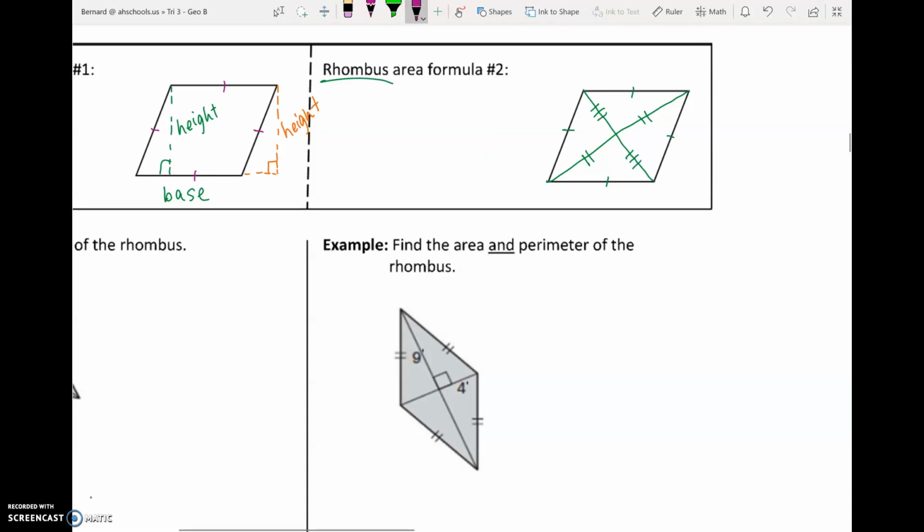But, and that's important, really the formula here is going to be this. Area equals diagonal 1 times diagonal 2 divided by 2. The full length of this diagonal we can consider diagonal 1, and the full length of the other one is diagonal 2. So not a little chunk, not half of the thing, the whole thing. It doesn't matter which one you call diagonal 1 and which one you call diagonal 2. That's interchangeable, but basically this version of the formula is multiply both the diagonals together, their full lengths, and divide